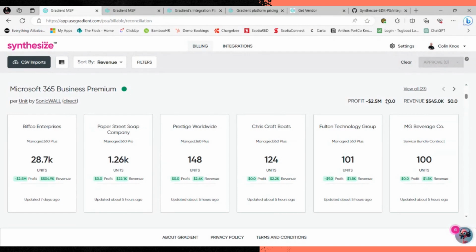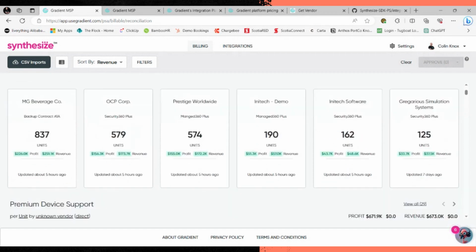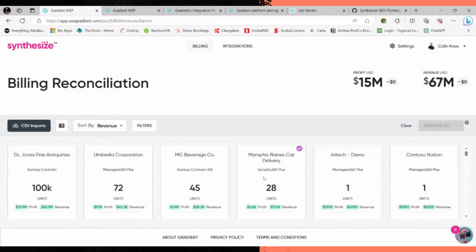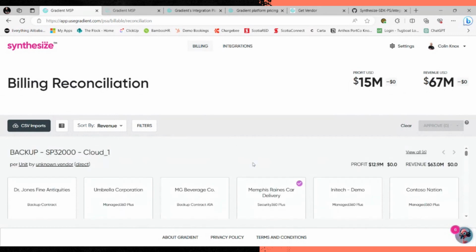And then as we start to get consumption data brought in, what your net growth is for profit and revenue compared to your last billing cycle. And then we give you at the very top overall across all of your service lines. Now, some people love dealing with the card view and stuff like that. We'll get into some of the CSV stuff.